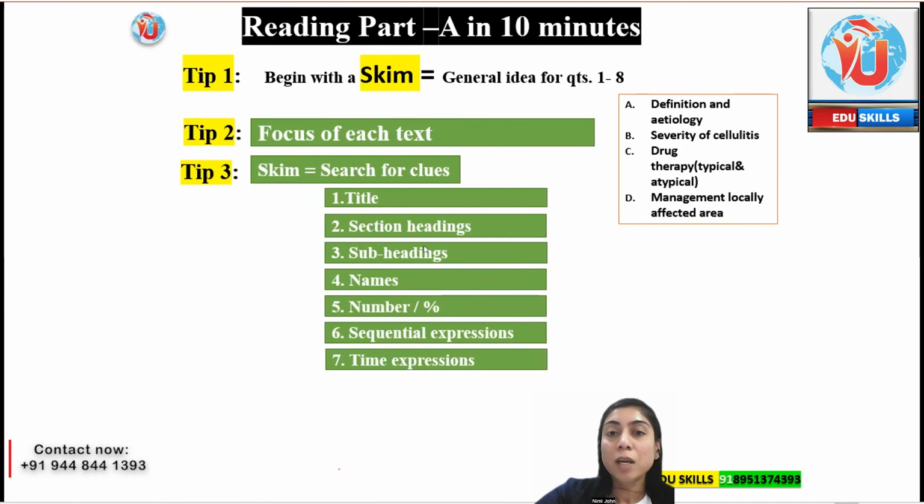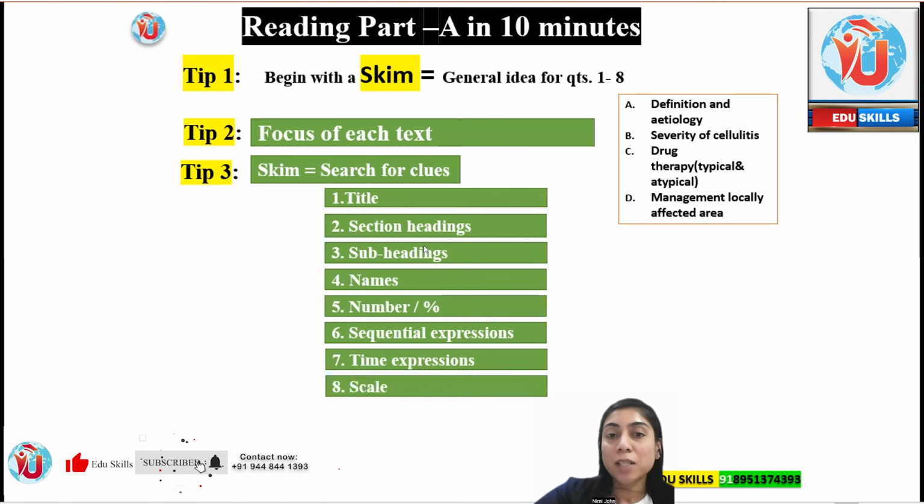While we are speaking, if the percentage is with a digit, it's percent, 90%, 70%. But if it's a low percentage or high percentage, always remember, it will help for your speaking. And sequential expressions, time expressions, scale,